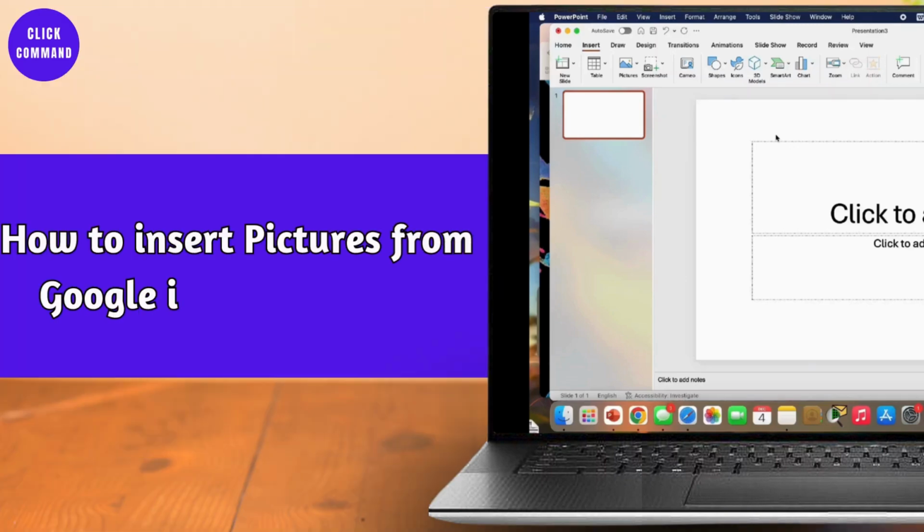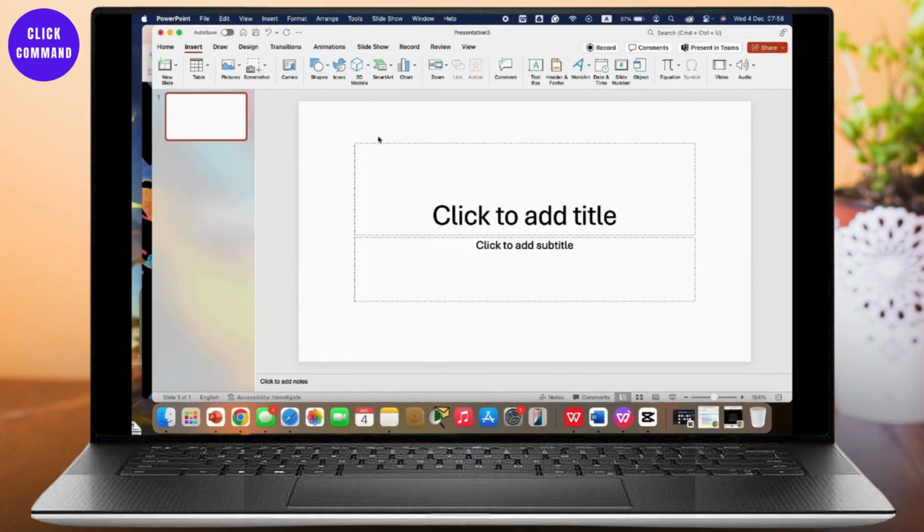How to insert pictures from Google in PowerPoint. So today we are here with a step-by-step guide on how to do this. So let's get started. Firstly, open your PowerPoint presentation and go to the slide where you want to add the